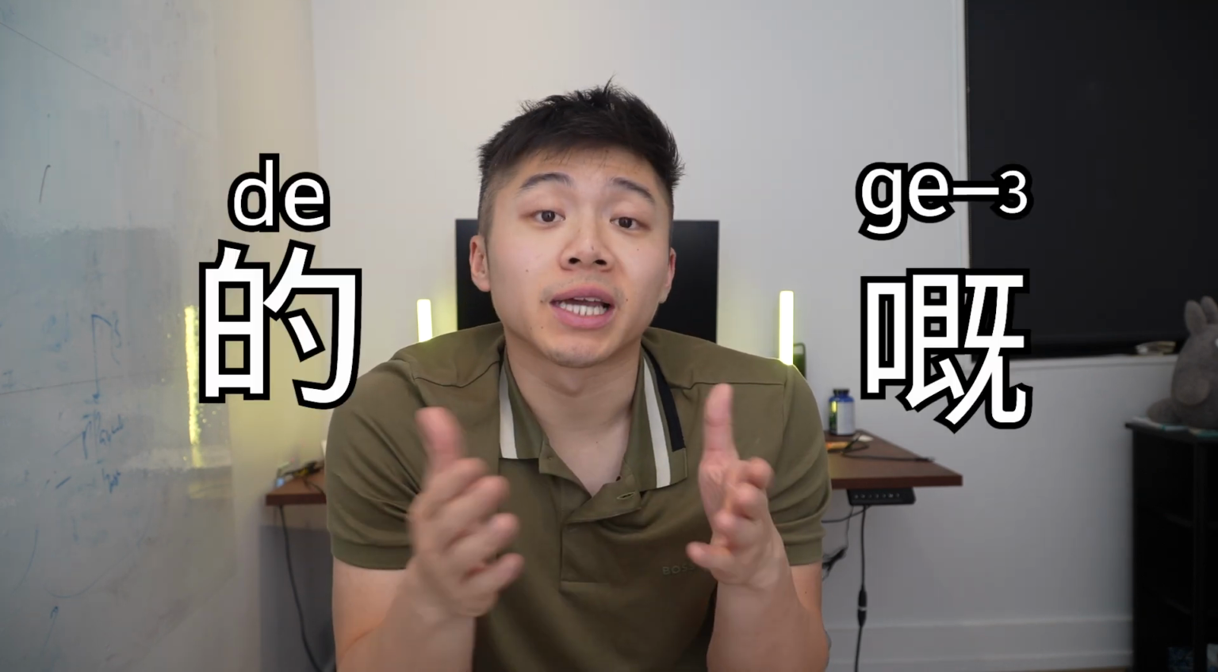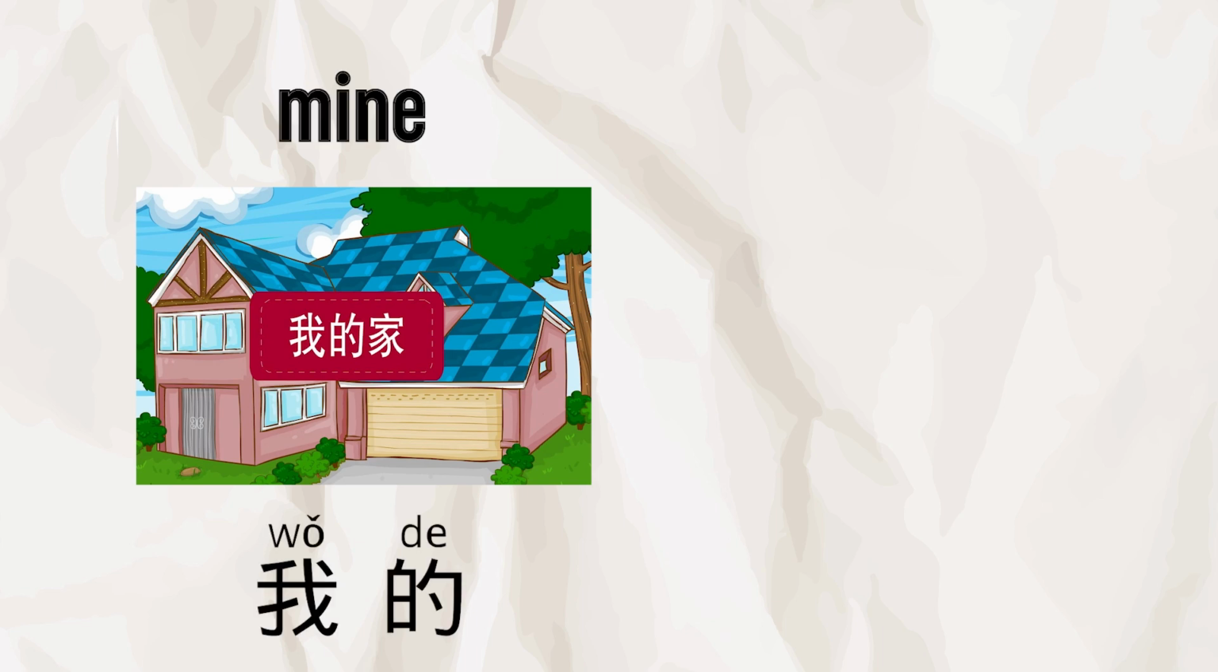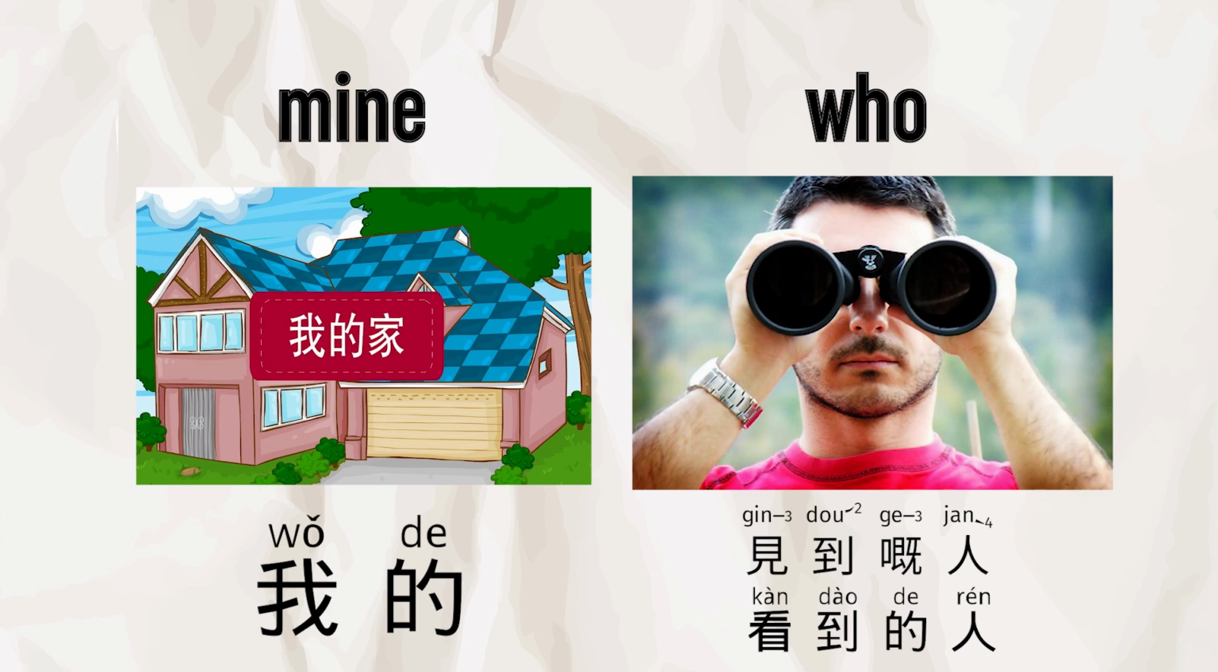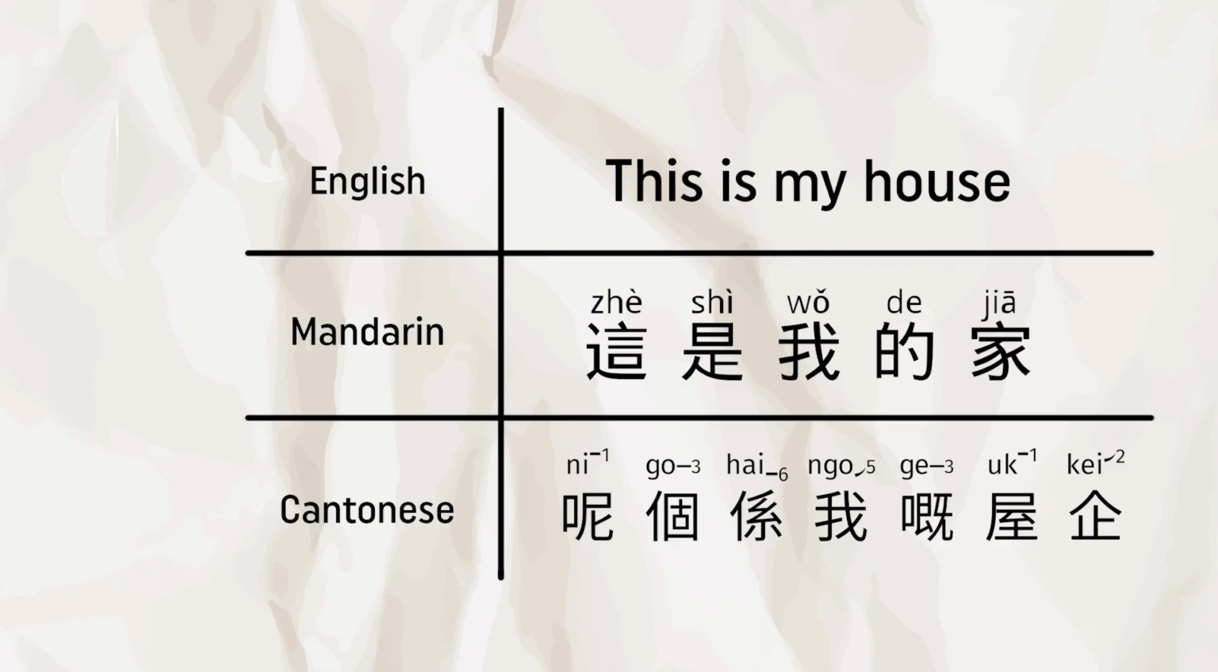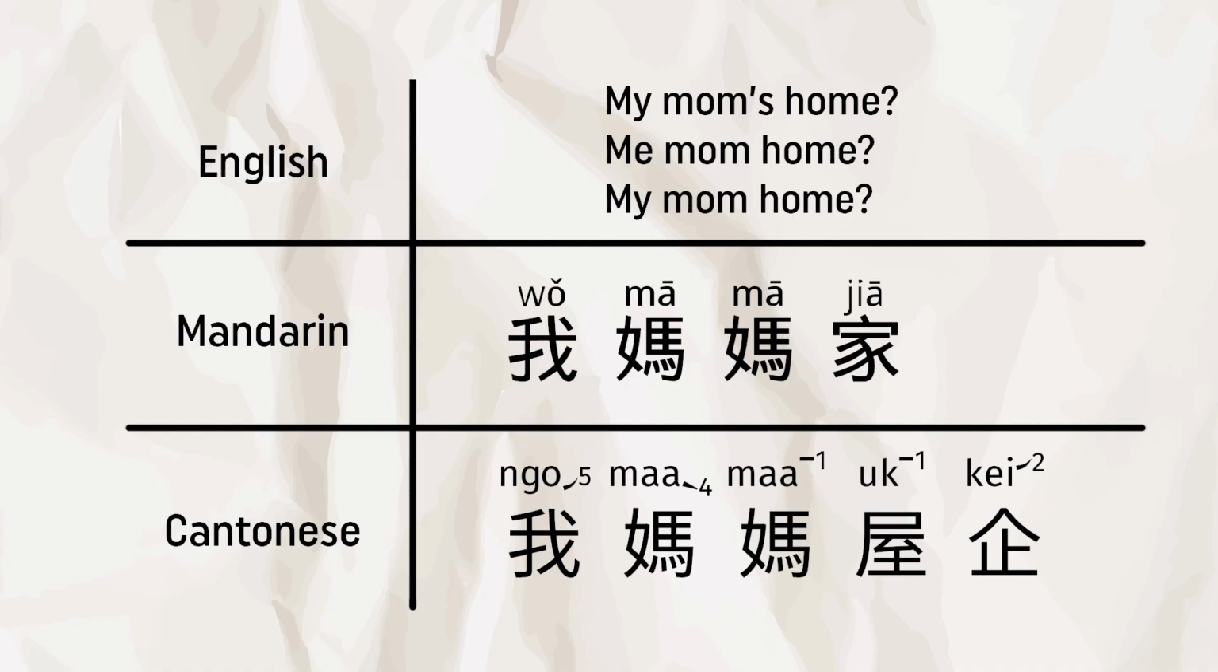Another challenge for machines is ambiguity. The word de in Mandarin or ge in Cantonese is multi-purpose. It can be used to represent ownership, like 我的 or 我嘅, or relation, like in 見到嘅人 or 看到的人 in Mandarin, those who saw. Now, it might be easy for a machine to translate something when it has all the context, like 這是我的家, 呢個係我嘅屋企. But something that's a bit more ambiguous, like 我媽媽家 or 我媽媽屋企, is a bit harder for it to figure out. So grammar is one of the biggest challenges for machines, but number 2 is actually